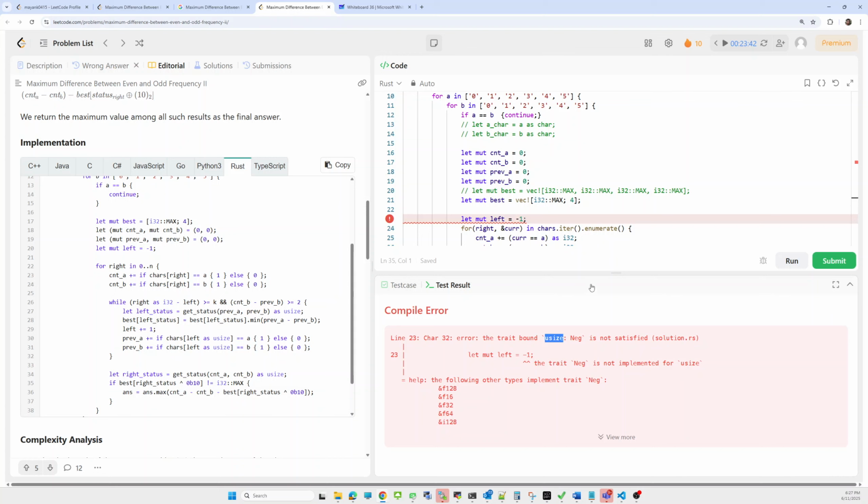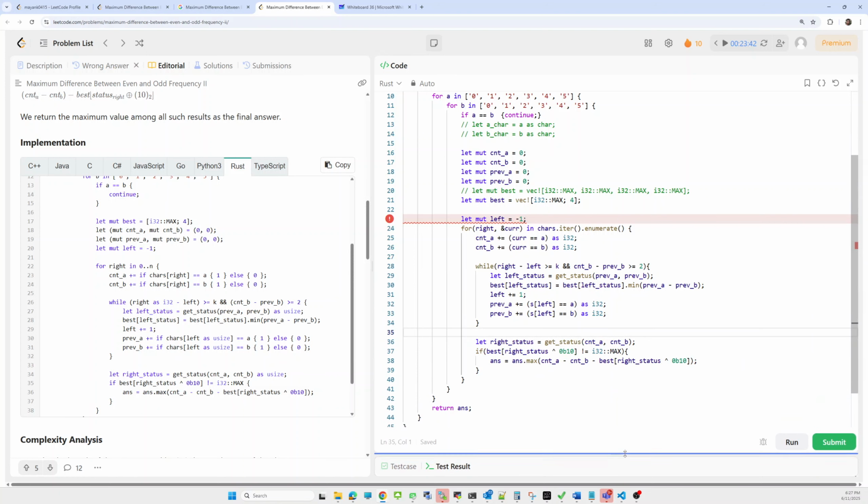Okay, it will give me, I have to give, let me give this the kind of size, let's say i32, and this right it is using here. So if I consider this right as i32, it will work.